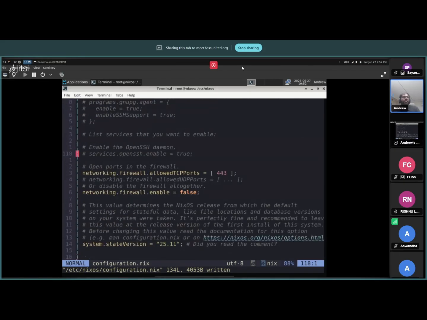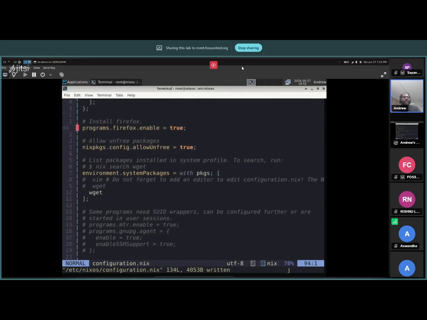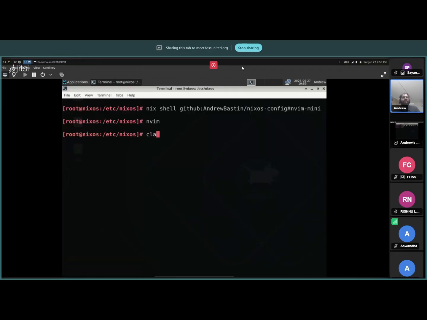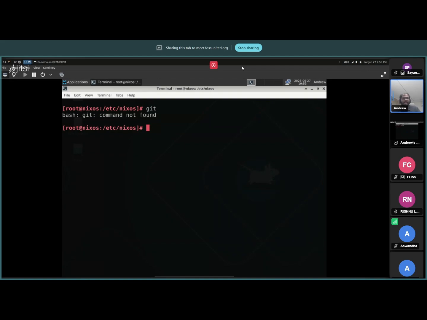So for example, to give you a demo here, let's say I want an application, something that I can get really quick. Could be something like Git, right? Git is a very easy application to pull. It's a very small application, so I'll do that. So I made a change here, but changing this configuration file by itself won't give you anything. So if I say git, there's no Git.